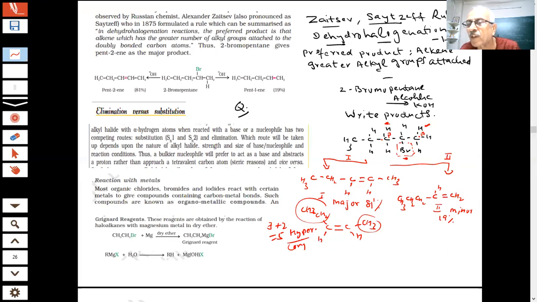In this case, this is hydrogen, this is hydrogen. You have only one alkyl group, and there are only 2 hydrogens. So only two hyperconjugated structures. So which is more stable? This one, this is more alkylated as per the Zaitsev rule. Therefore, this is 81% and this is 19%. This is an important question for the paper, students. Last year also a similar type of question was given. Note it down before we go to the next question.